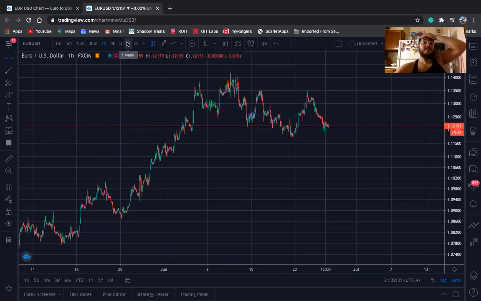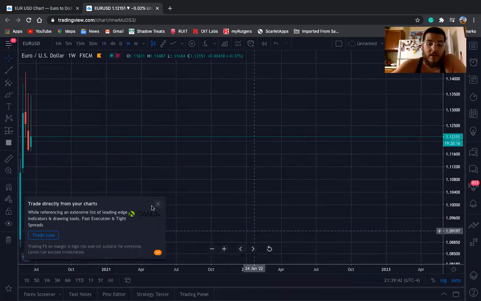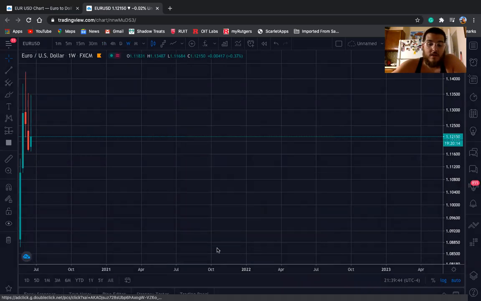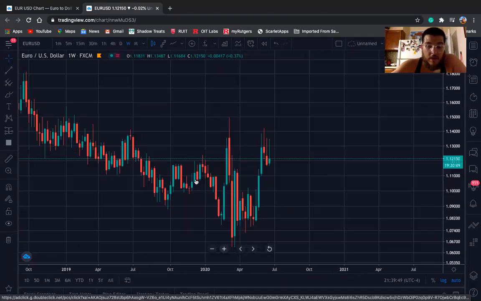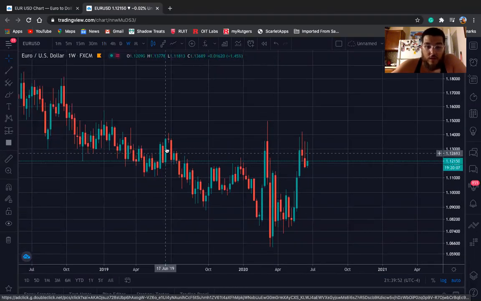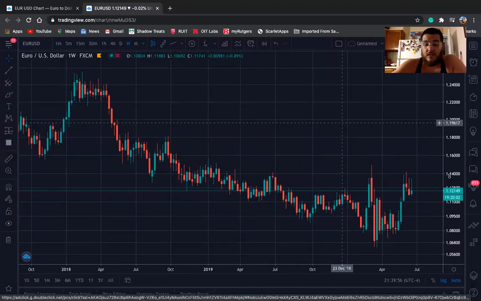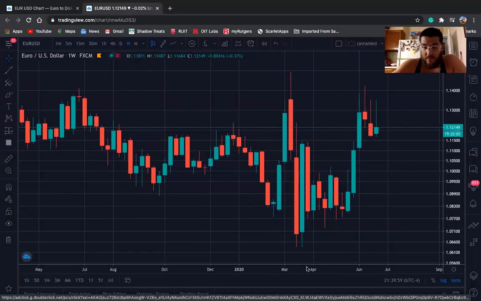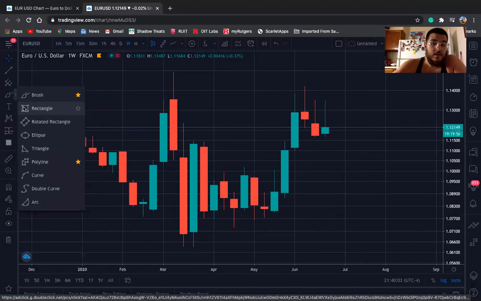What top-down analysis means is that you go from the higher time frames, and you go down the time frames. Because in the higher time frames, these candles, these movements in the market, I just zoomed in. I'm sorry, I got the free version, so all these ads be popping up. So these different candles, this red candle going up, this red candle going down, and the green candle going up, these are called candlesticks. And what these candlesticks mean is that these sequence of green candles right here